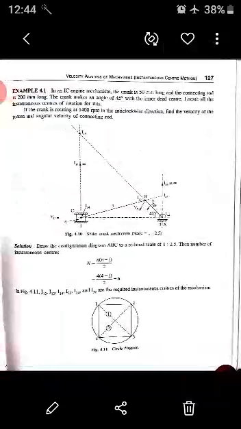So I12 is ready, I23 is ready, I34 is ready, and I14 is also ready. So what are the other 2 instantaneous centers pending? I13 and I24. As usual, if you want to find I13, you have to take 2 triangles. 1, 2, 3 is one triangle, 1, 4, 3 is one more triangle.